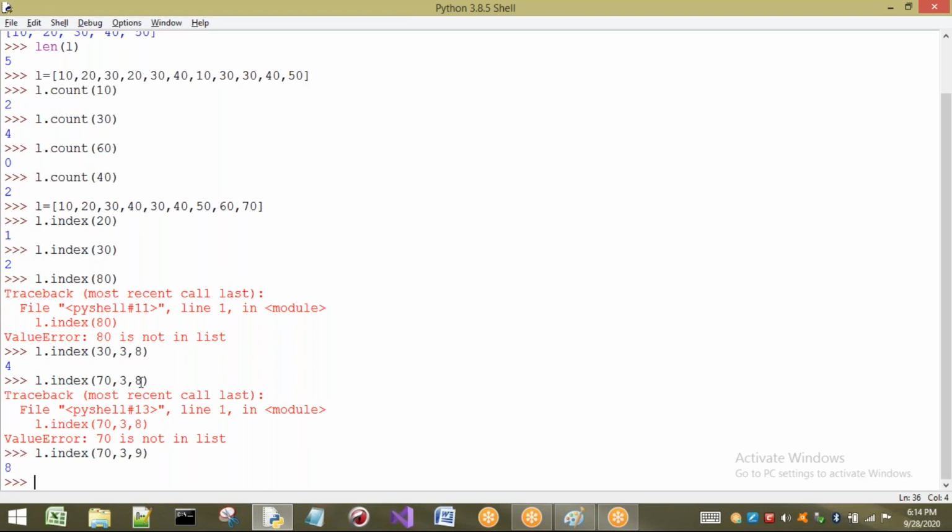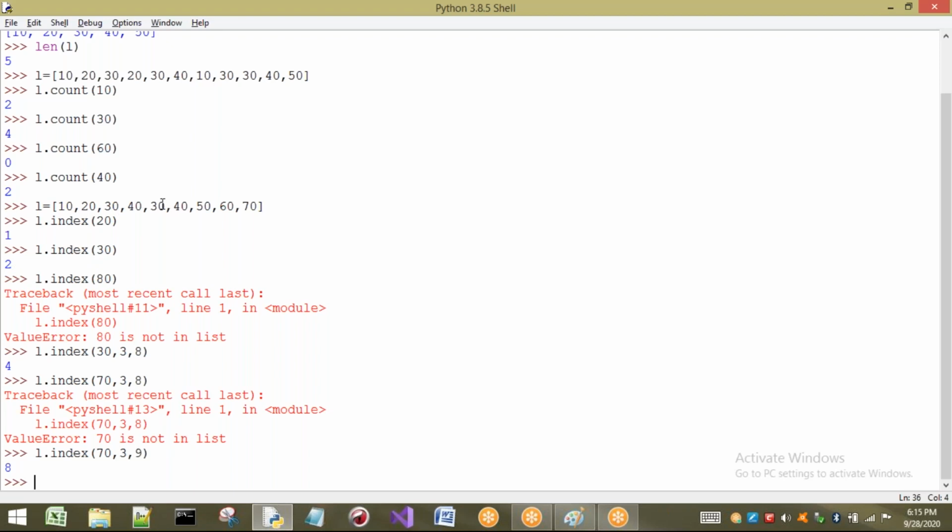So you have to understand only these 2 points. If I write 8, it will consider from 3 to 7. If I write 9, it will consider 3 to 8. Already we know this concept. Start is 3 here. End, we are going to take as 9, but it is going to consider only up to index 8. 9 minus 1 is nothing but 8. So this is the concept of index. Okay. So one point you have to understand is that index is going to return the index of first occurrence only. If I write 30, it is going to give me only the first occurrence. It is not going to give the second occurrence or third occurrence.